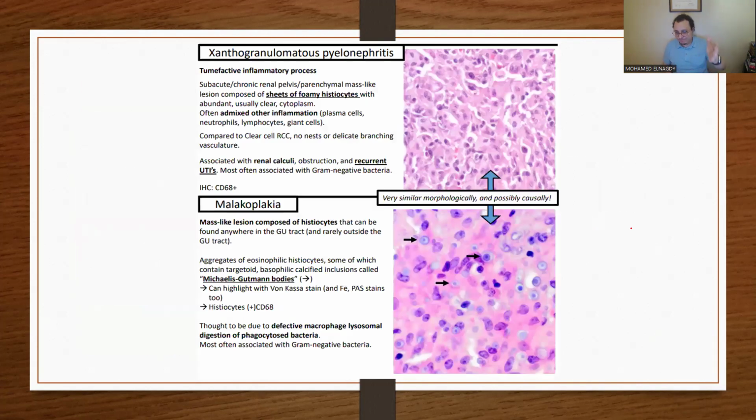Now the renal tumor mimics. The renal tumor mimics are the things which mimic renal tumors, but they are not renal tumors. And sometimes they come as renal masses, by the way, in the board exam. They tell you that we have a renal mass, and they give you the picture. Look at this one, see that one? The cells look really weird, and you start swimming in the pool of tumors and in the pool of cancers. This is actually not cancer. Why is it not cancer? It's not cancer because of these classic